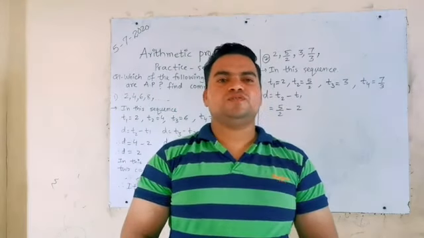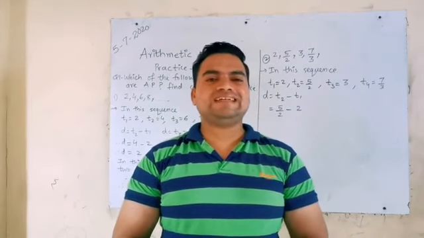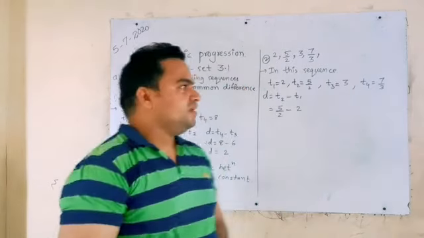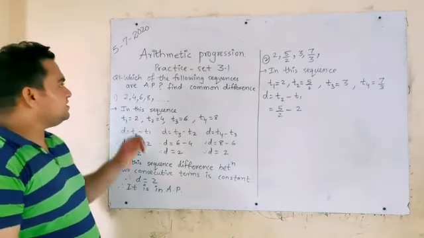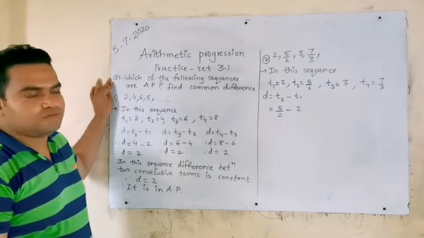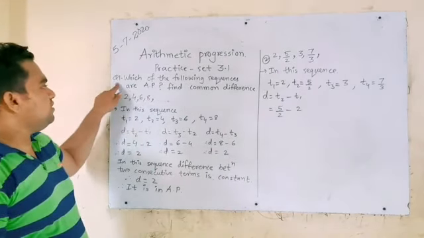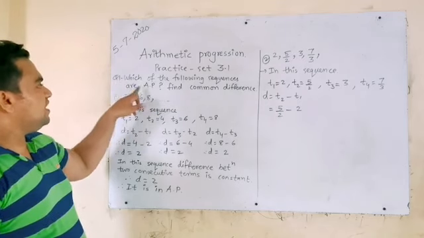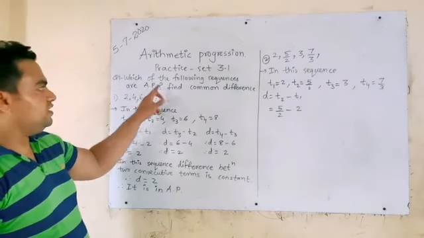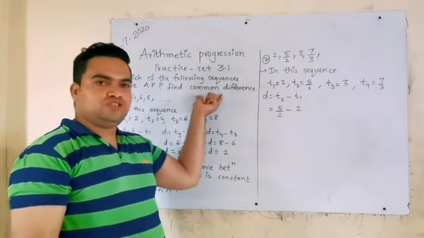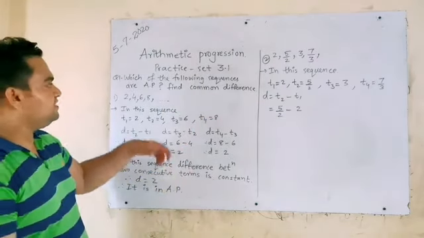Hello everyone. So today I will be teaching you practice set 3.1. Look at the board please. I have already written some instructions or questions of a textbook, page number 61. Practice set 3.1. Question number 1. Which of the following sequences are arithmetic progression? Here I make the question short, so you have the textbook with you, please check it.